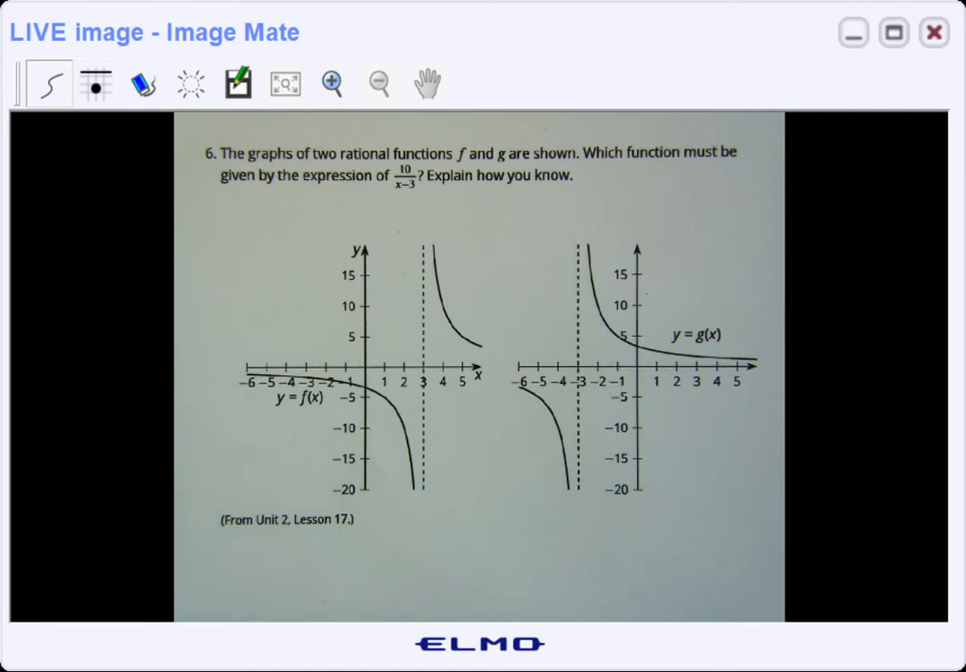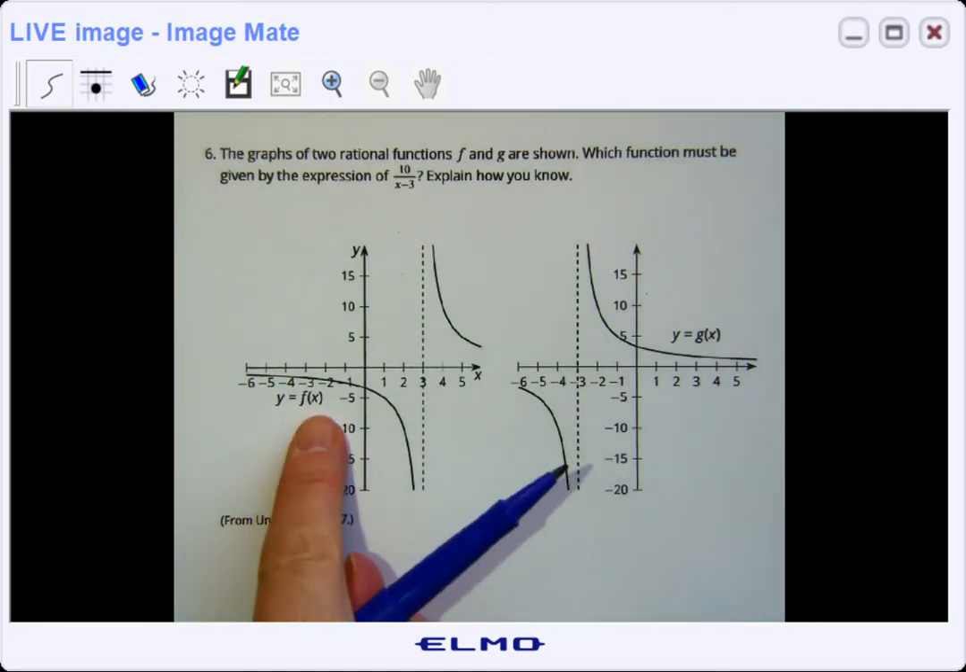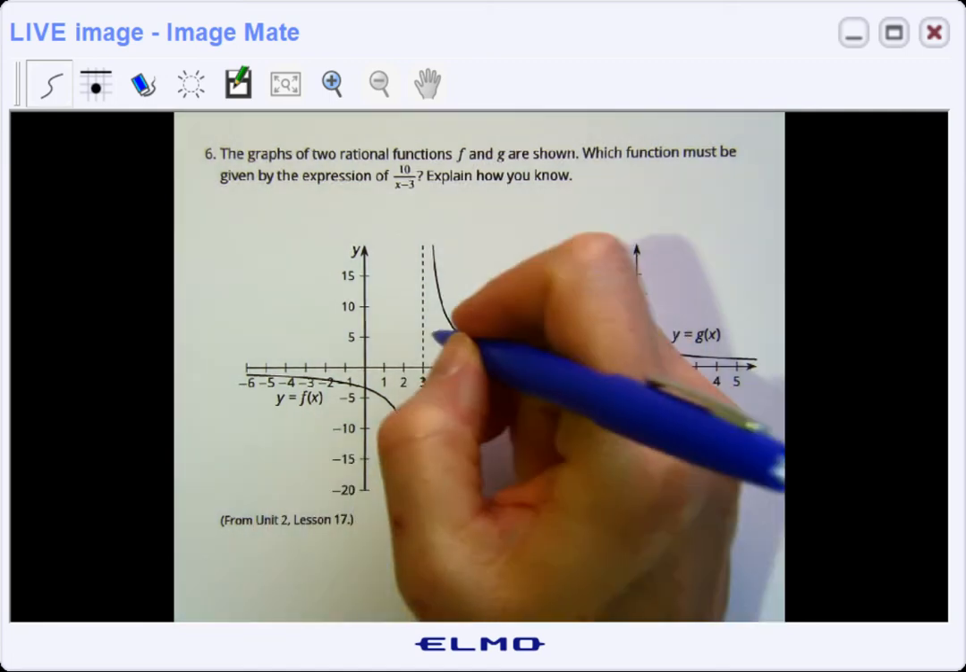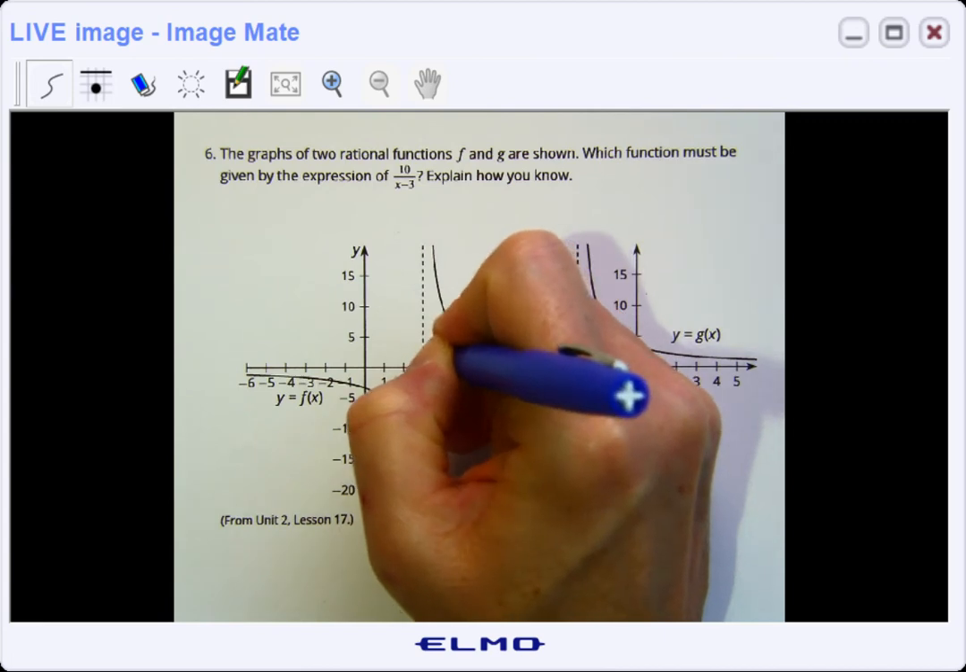So I noticed the first function, y equals f of x, that graph has a vertical asymptote at x equals 3. And then over here, y equals g of x, that graph has a vertical asymptote at x equals negative 3. So that's going to be how I determine which graph will go along with that expression. So remembering back to last week,